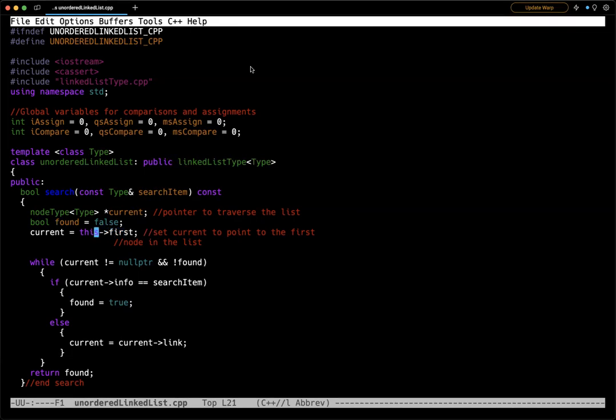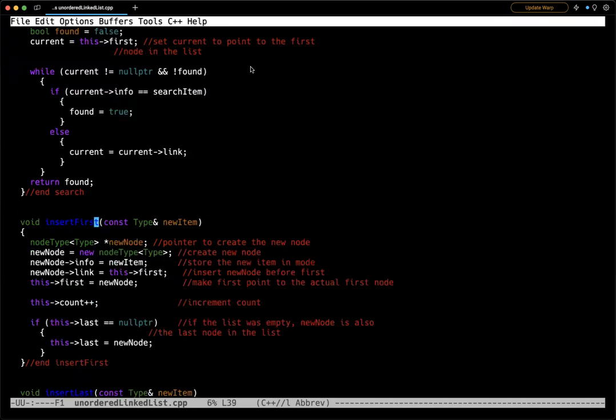So by setting current, which is just a node type pointer, equal to this first, it's pointing to the first node in the list. And then we just go through it and look for it. If it's found, we set found equal to true. This is not super efficient in that as soon as it finds it, it doesn't